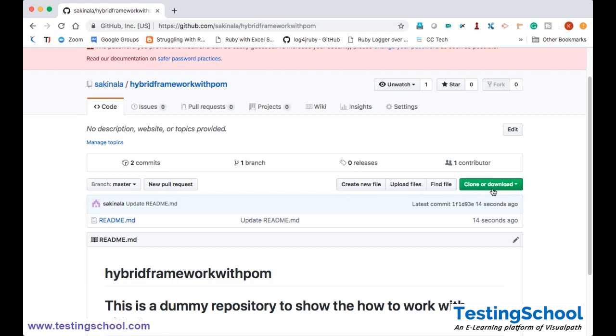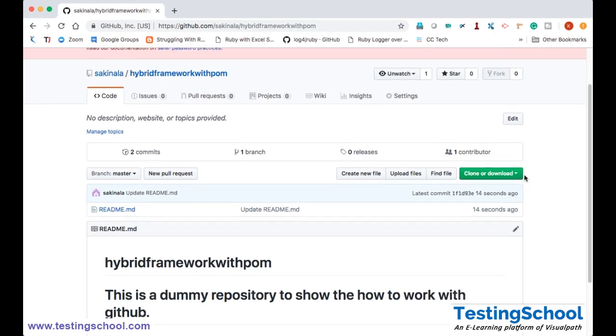Download means just downloading some files, the way you download normal files. Clone means you will create a reference, a link between this GitHub and your project in the local machine. Okay, so